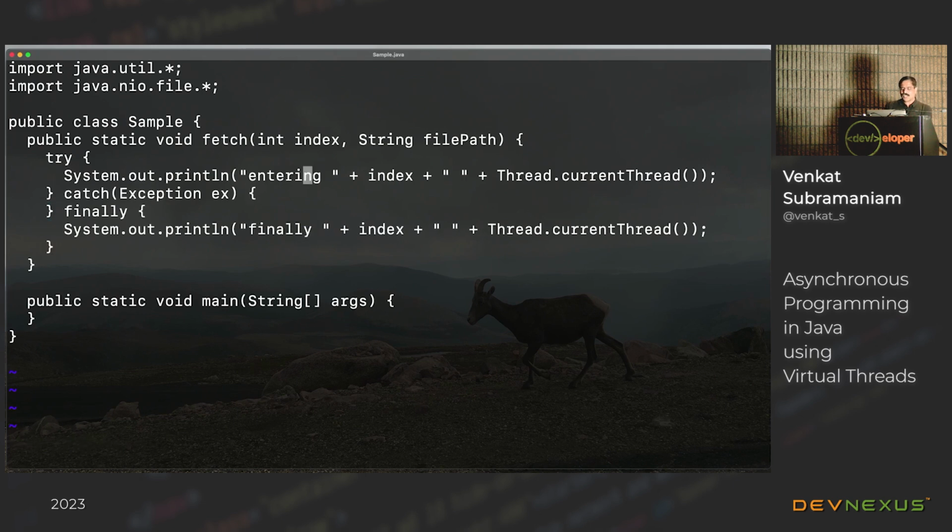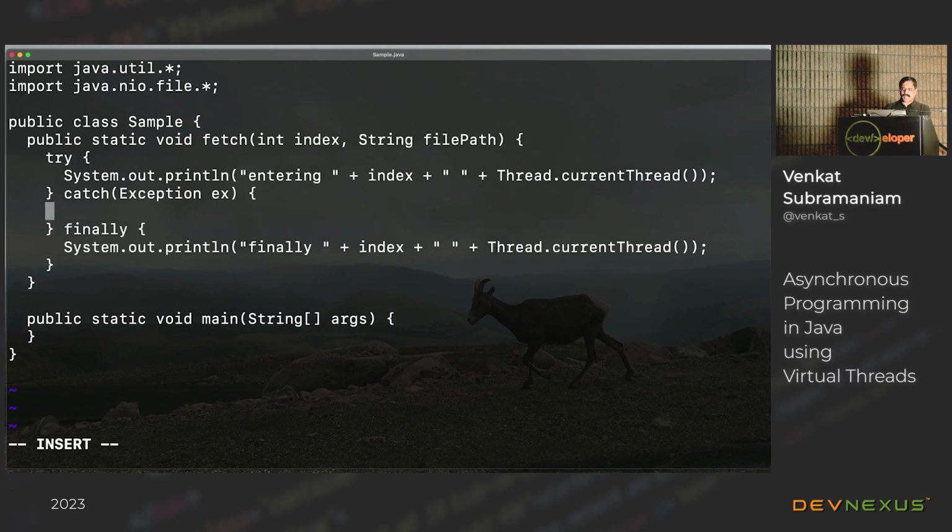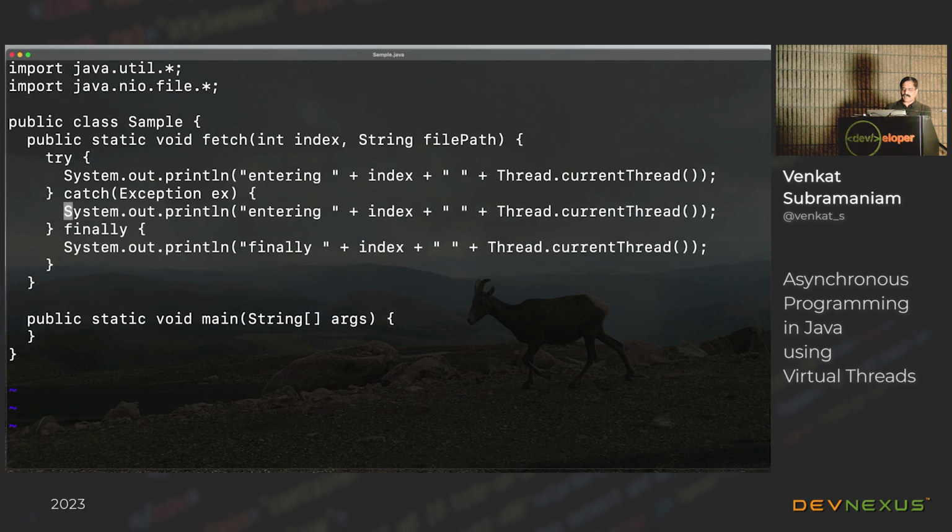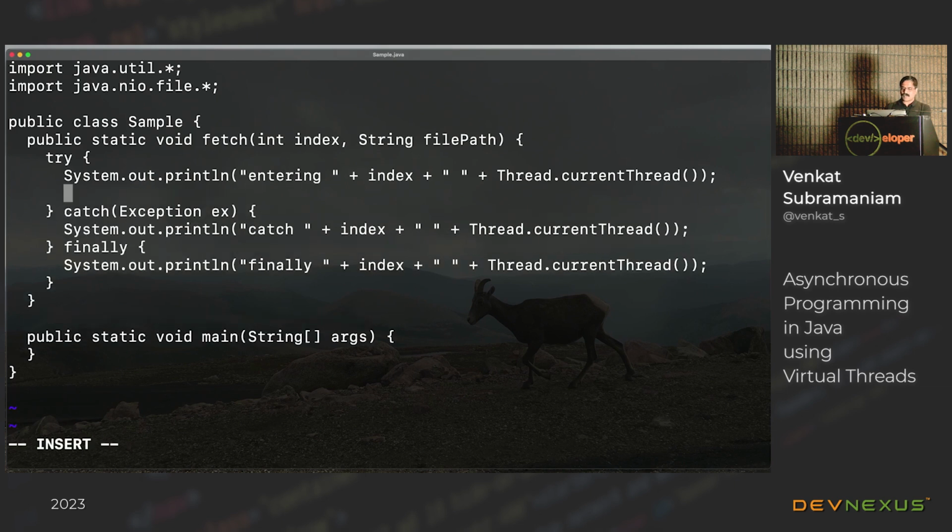Within the catch, I'm not going to do a whole lot because I don't expect an exception. But nevertheless, for the sake of looking at it, if I change my mind, let's go ahead and put, in this case, a catch index, and I'm going to print it. But within this, I'm going to say output. So what am I interested in doing right now? Let's do it this way.